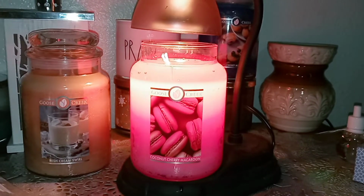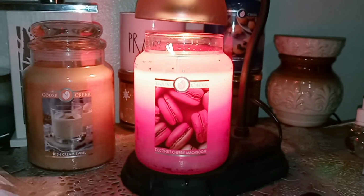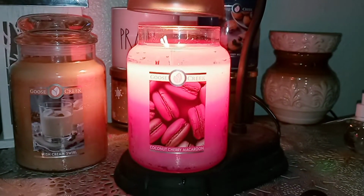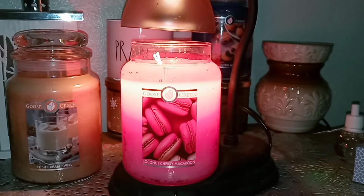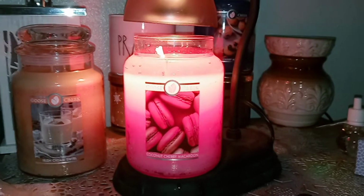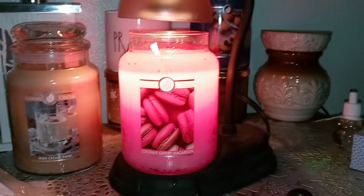Hi, welcome back. And as I promised, I'm doing a little bit of a tutorial on how to soak up wax when you are melting with a top lamp. If you'd like to see